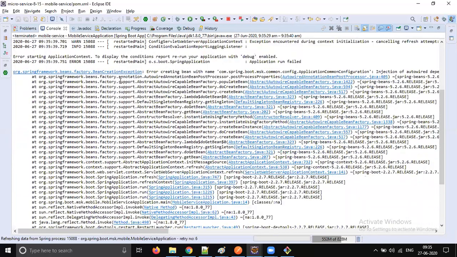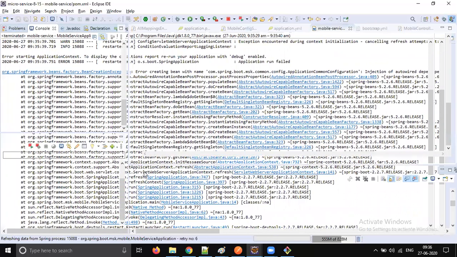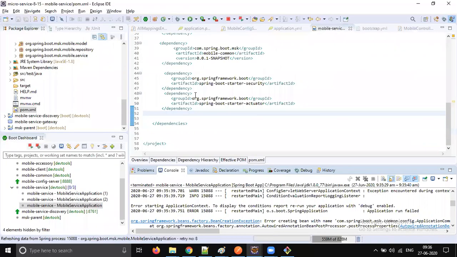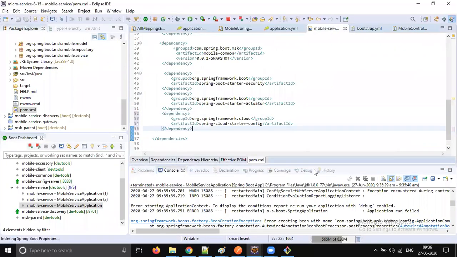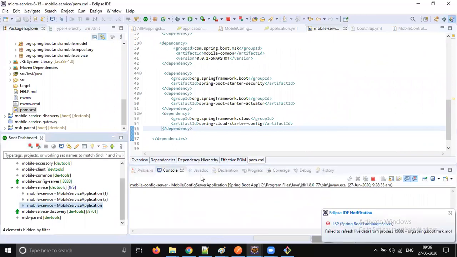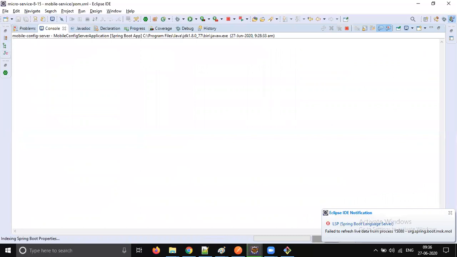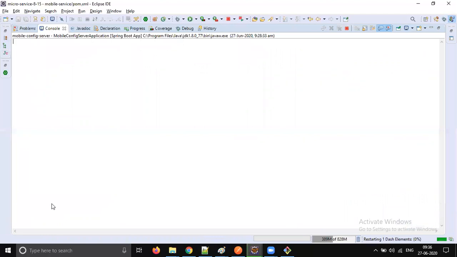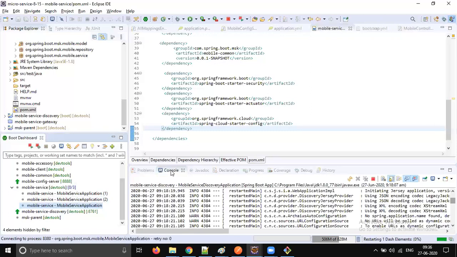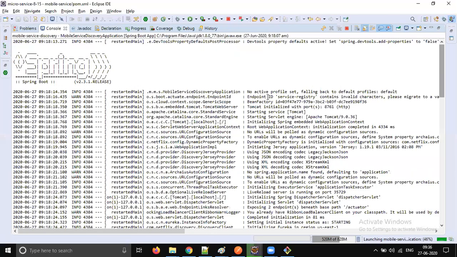This time we got the exception. So what you can do is add this dependency in the pom.xml file and restart the application. Our first statement is going to be loading the configuration from the config server. I'm clicking, but it's not taking my request. Let's do it one more time. Mouse problem, that's fine.